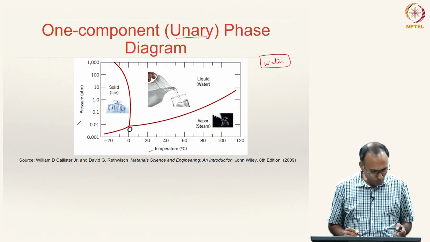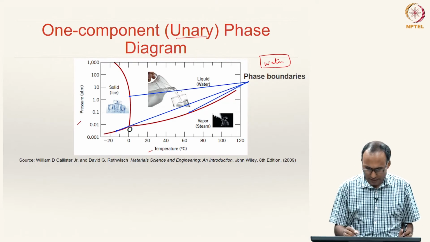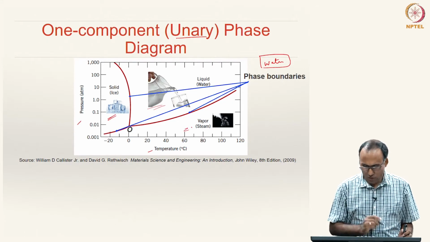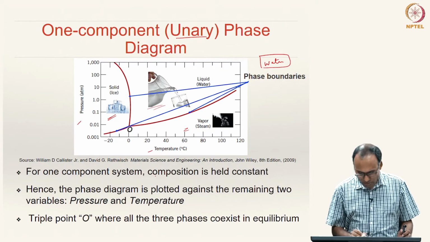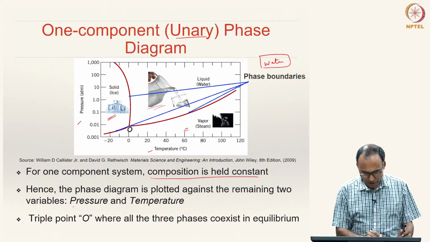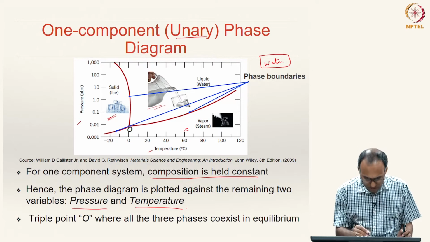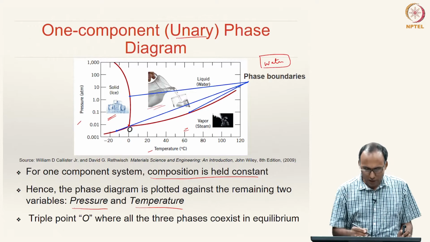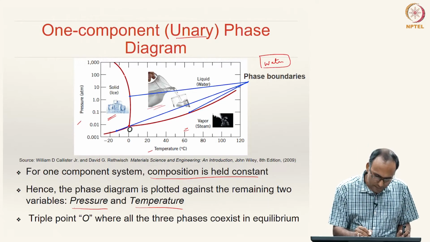on the x axis we have temperature in degrees Celsius, and the boundaries shown in red are called phase boundaries. In this region you have liquid water, solid ice, and this is the vapor region. For a one component system the composition is held constant because there is no variation of component, and hence the phase diagram is plotted as pressure versus temperature. And here you can see the triple point O, where all the three phases coexist,